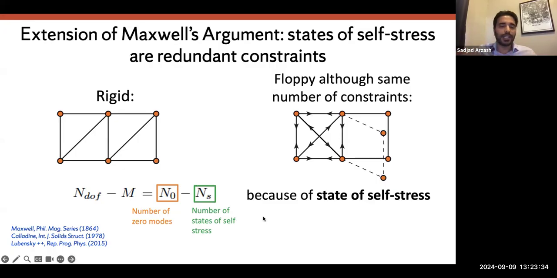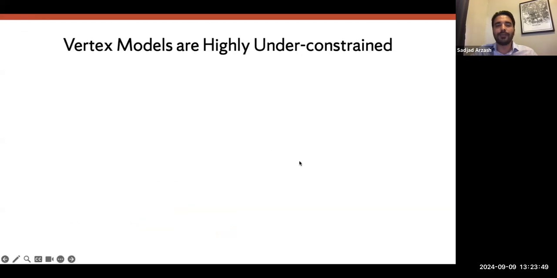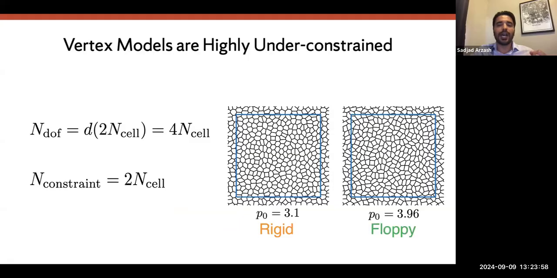And that's really a simple way to check if the system is rigid or not, as in a first order rigidity problem. This simple counting argument can explain the jamming transition of particle packings, but actually vertex models are highly under-constrained. So for example, if we just count the number of degrees of freedom in these polygonal models, then we have